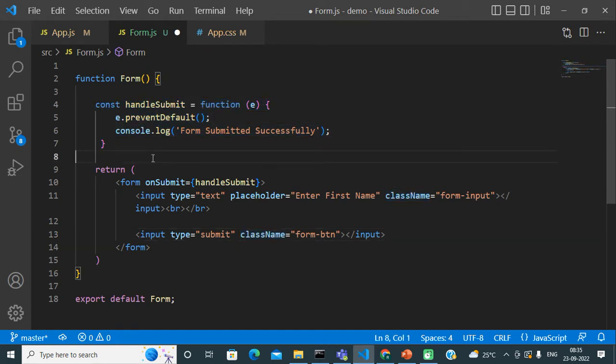My intention is to enter any value, that is first name, into this input field, and after clicking on this submit button I just want to display a message from this event handling function. So friends, this is just a normal HTML JavaScript technique. There is nothing React.js specific here yet. Okay, so first let me show you how it is working.